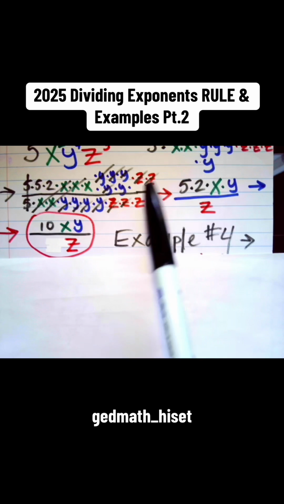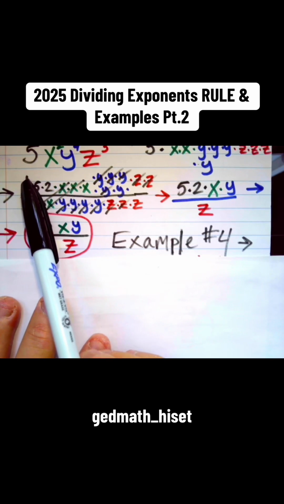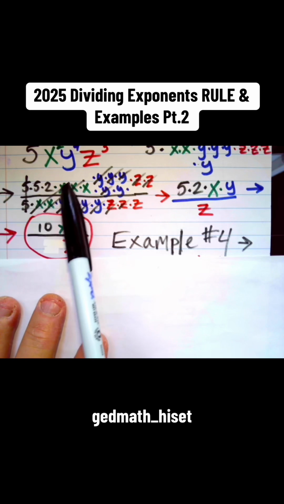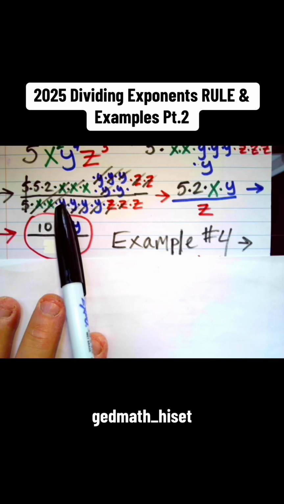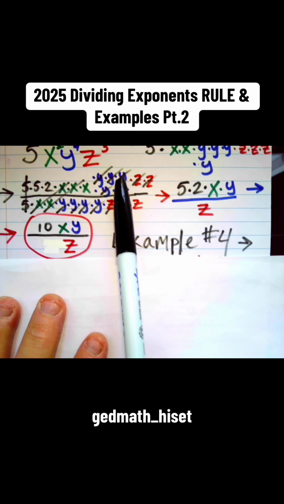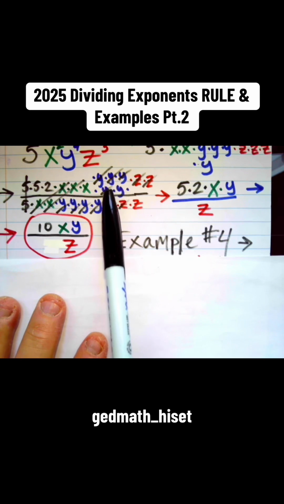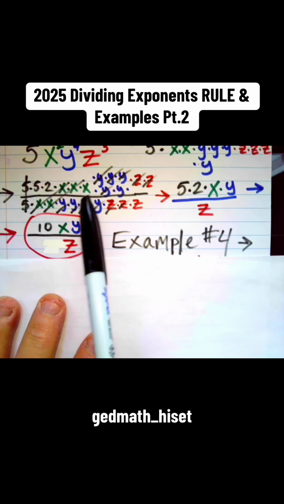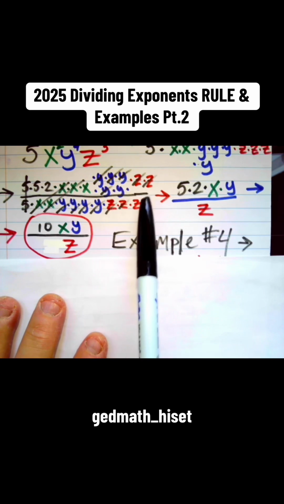So I just brought up the expanded form from above here, and I'm going to just start simplifying. 5 over 5 is 1. X over x is 1. X over x is 1. Remember, any term over itself is 1. Y over y is 1, y over y is 1, y over y is 1, and y over y is 1, leaving me 1y. Of course, I was left with 1x earlier. Z over z is 1. Z over z is 1. And I'm left with